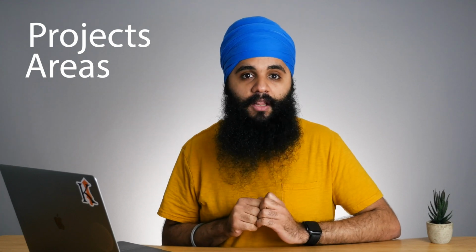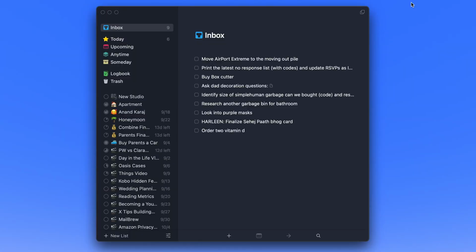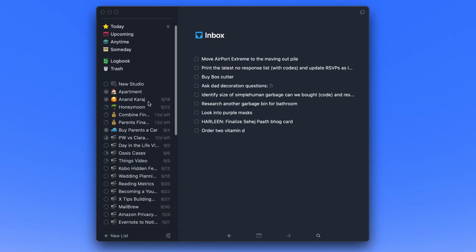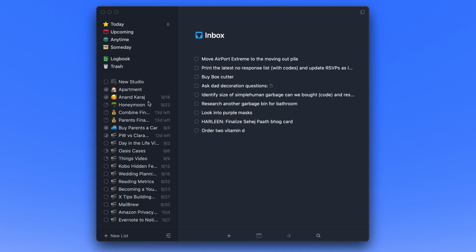Let me show you how that looks in my app. So over here, on the top part on the left side, all the little projects here with emojis next to them, these are all projects. Projects are usually things that have more than one step associated with them. So for example, a YouTube video is not just one task. It has several tasks associated with one deliverable. That is a project. A project should also have a defined end date.